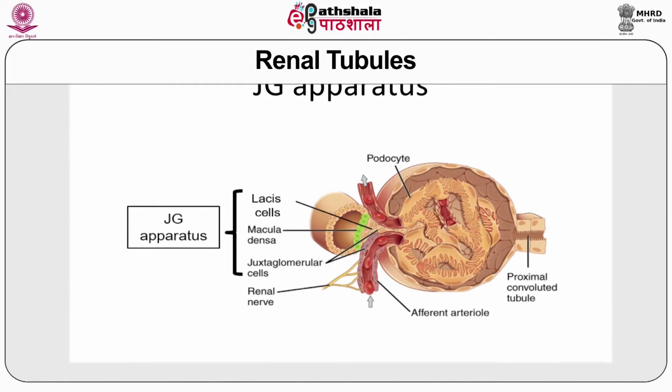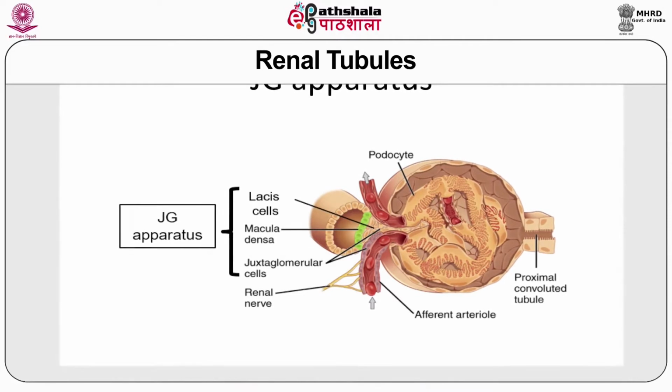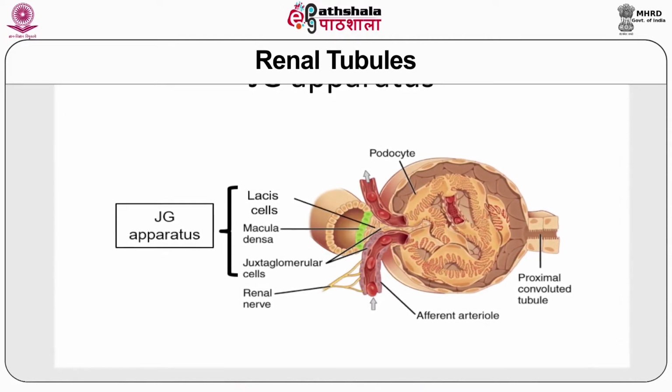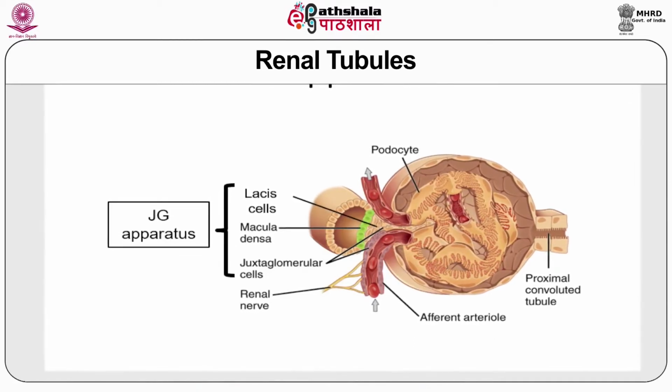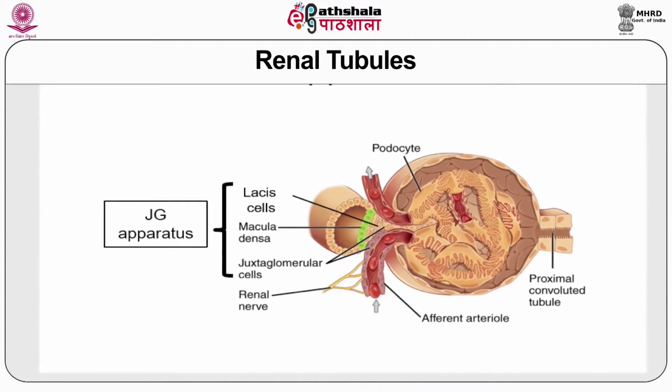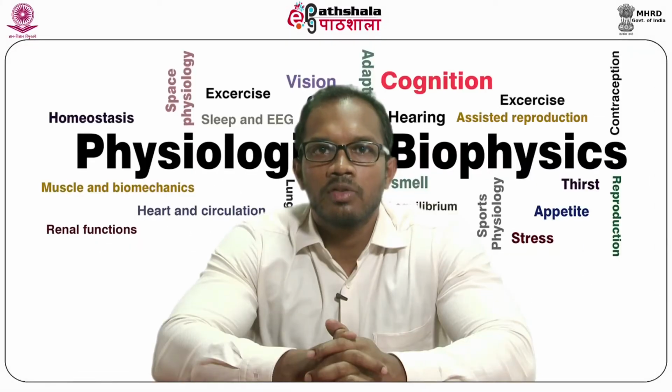Its wall becomes much thicker and it reaches the glomerulus of the nephron and lies between the afferent and efferent arterioles, from which the tubule arose. The specialized cells in the thick ascending limb, very close to the afferent arteriole, are known as the macula densa. There are modified cells in the afferent arteriole adjacent to the macula densa, known as juxtaglomerular cells. The macula densa, the Lacis cells, and the renin secreting juxtaglomerular cells form the juxtaglomerular apparatus.